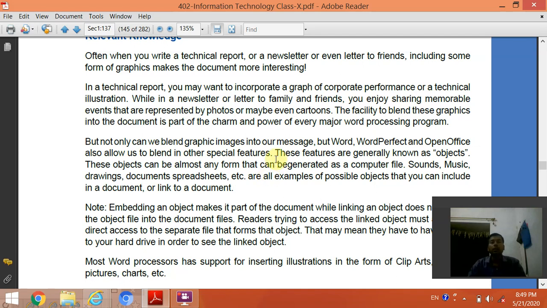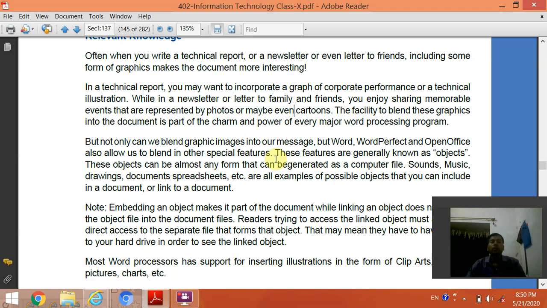When you want to write any technical report or newsletter, or want to send a letter to your family and friends, and want to add some objects, illustrations, diagrams to that, then it is necessary to use objects and graphics or pictures to design your letter to be more attractive, user friendly, and easy to understand.